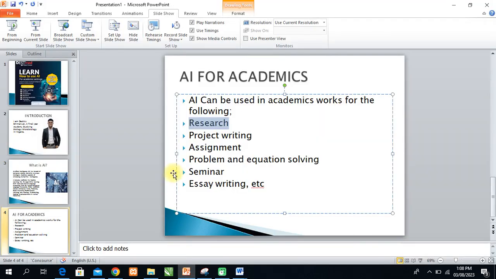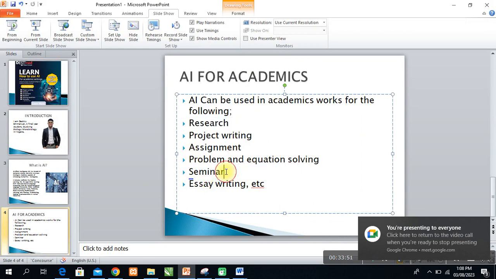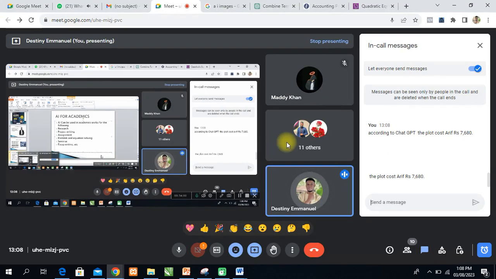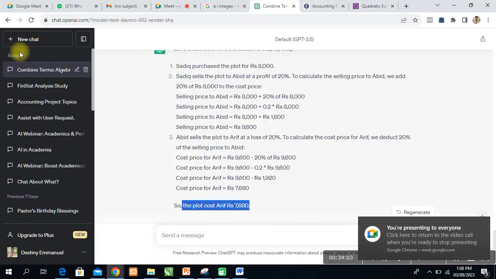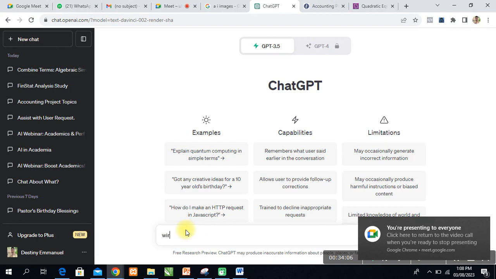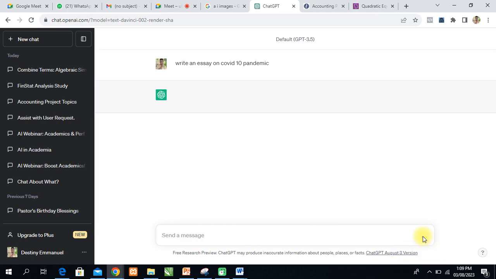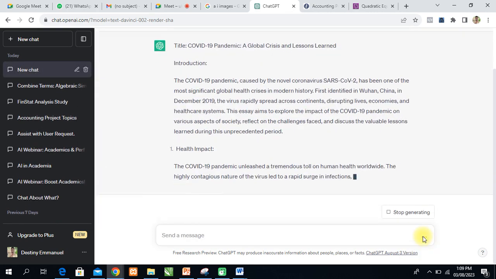So you can even use ChatGPT to do your seminars and essay writing. So let us try an essay writing, or maybe a letter writing or something. Let's try an essay writing. So this one is going to be very, very easy because there's not much complicated work. Just tell ChatGPT, write an essay on COVID-19 pandemic. Okay, so we're just going to tell ChatGPT to write for us, and you see guys, it's already writing